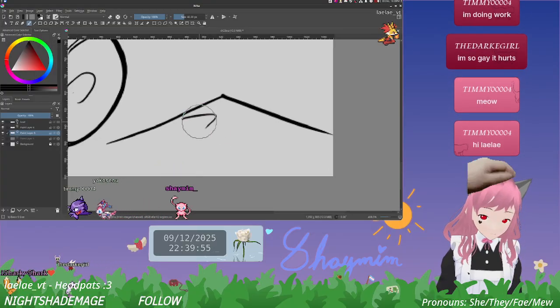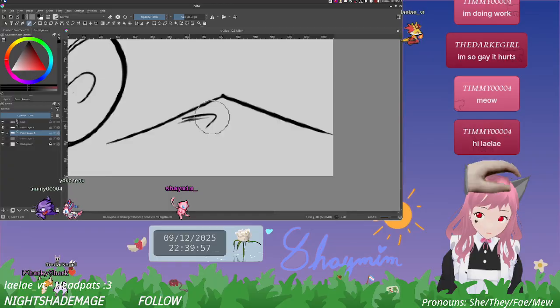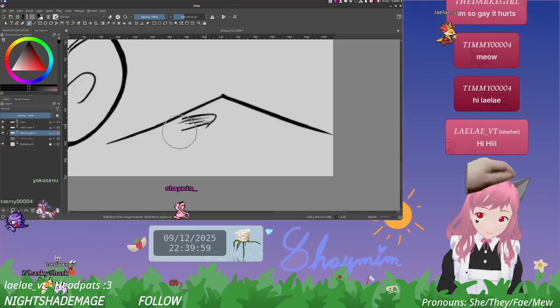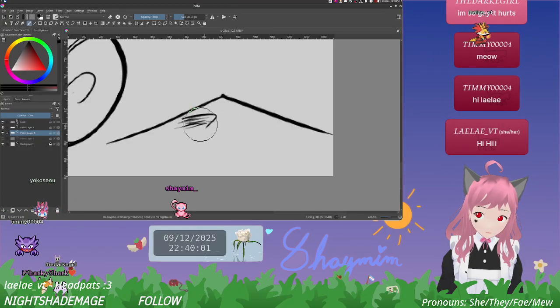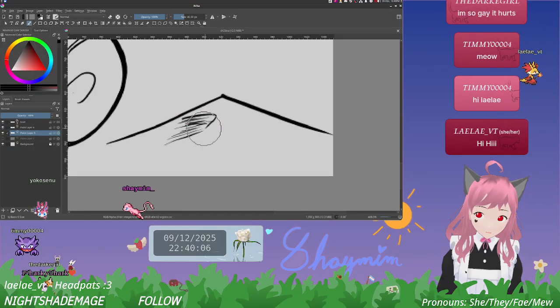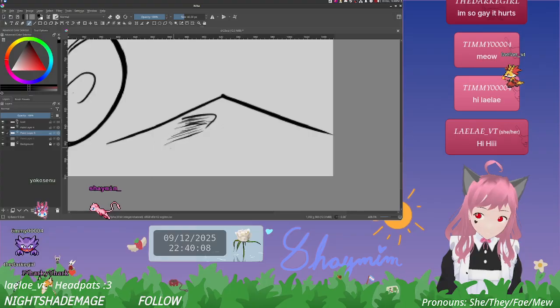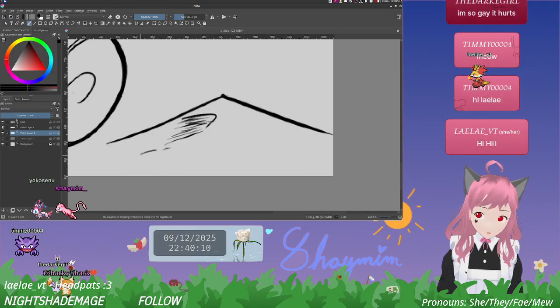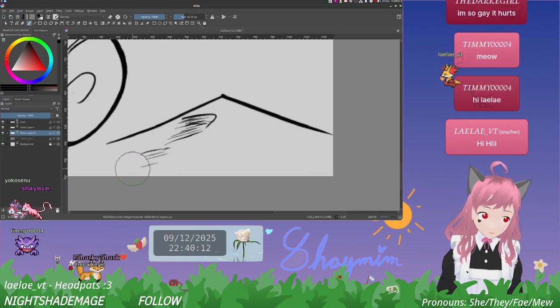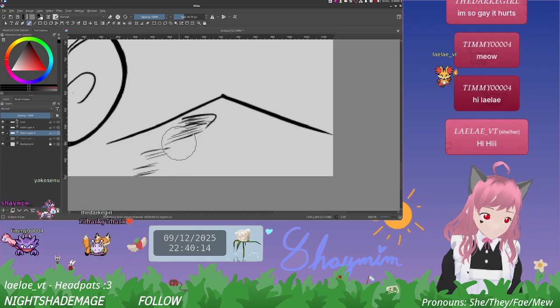Things about it, you know? You see, it goes. This part's shaded. And then like that.